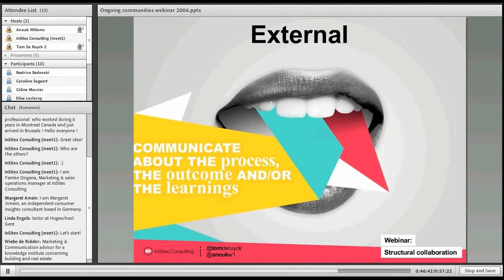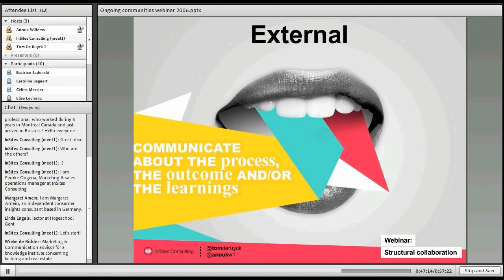Communicating about the outcome is what Heineken did. I just talked about co-creating the Club of the Future together with youngsters from all over the world, with a team of designers that was listening to those youngsters. Well, Heineken actually built that club. It was built in Milan during the last design fair over there, and they really communicated to the world in press releases how that club looked like and what the influence was of those youngsters in the final design.